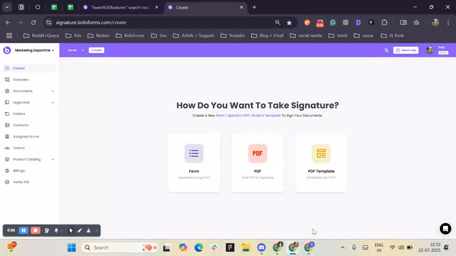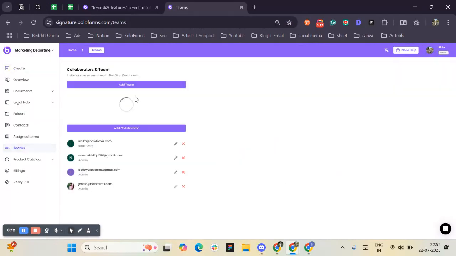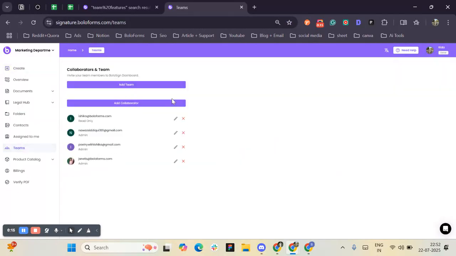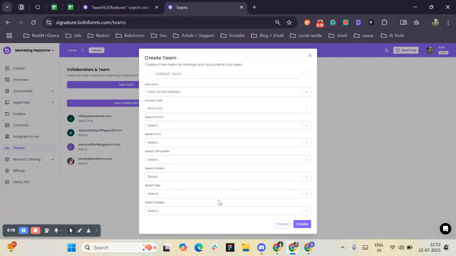Today I'll show you how to create a team inside BoloSign. Let's quickly get started. Firstly, head towards the team section. Right on the top, you'll get the option to add a team member. Once you click on it, you'll get various options which you have to fill in while creating a team inside